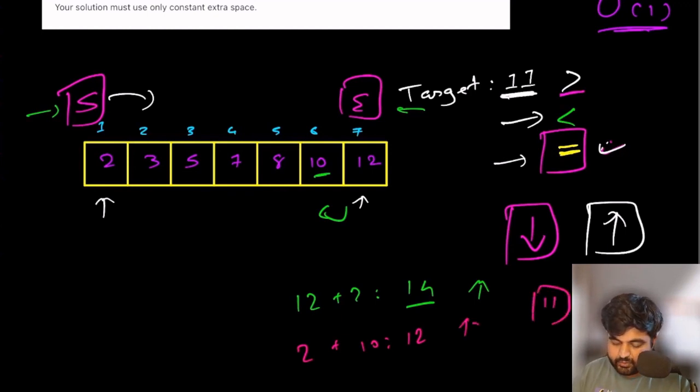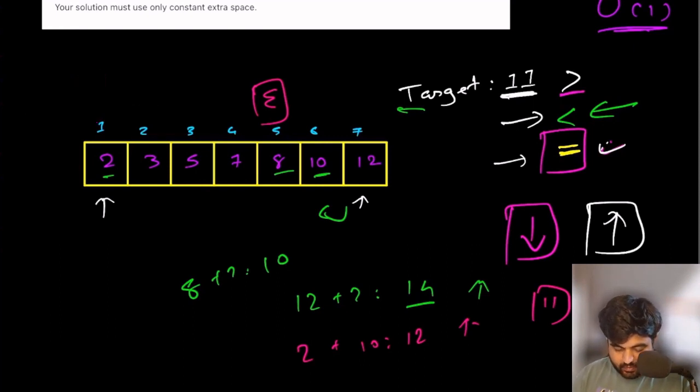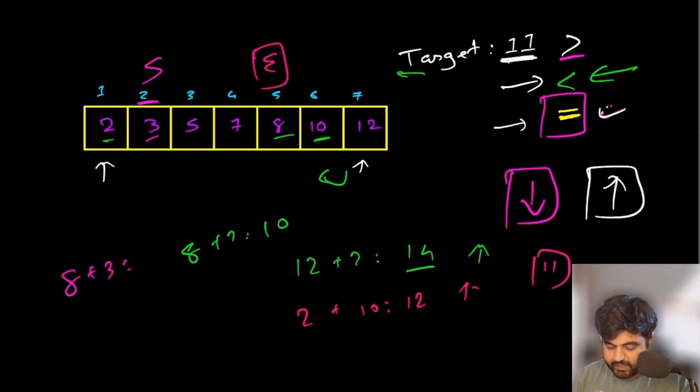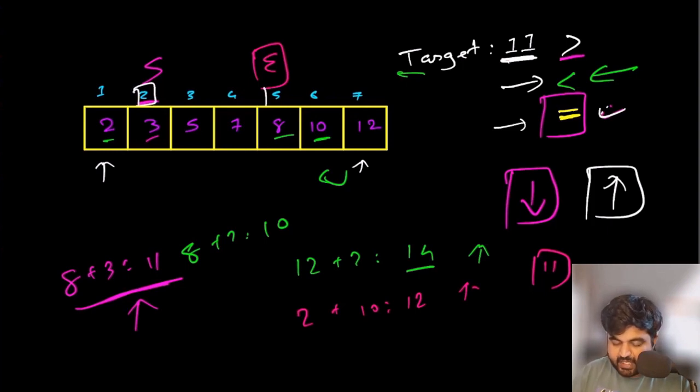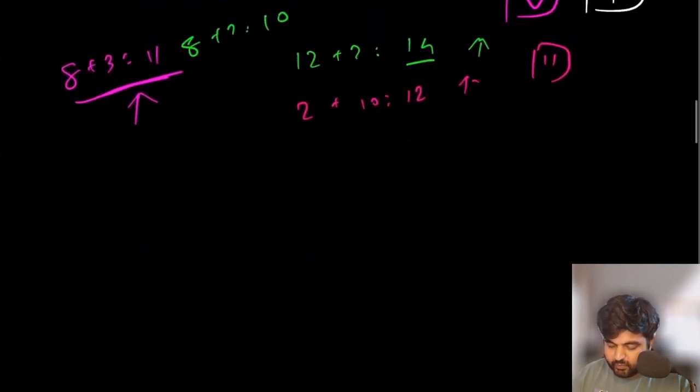So again, we are going to move our end pointer. Now our end pointer is located at this position after 2 iterations. If we do the sum, it's 8 and 2, so 8 plus 2 is actually 10. Now we are in this less than scenario, so we will have to update our starting pointer. Now our starting pointer is located at index number 2, or value number 3. And now if we do the sum, 8 plus 3, we get 11, which is exactly what we wanted. So in this case, since we found the answer, we can return the index positions of the starting and ending pointers as the answer, and the answer in this case is going to be 2 and 5.